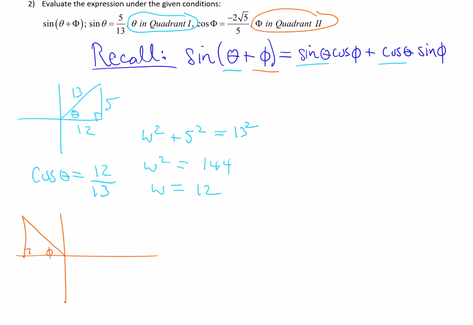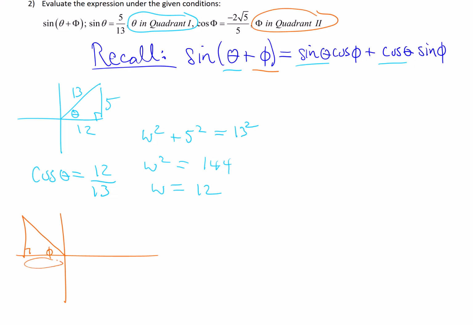Now, what's going on with the negative is a fair question, right? Well, remember, this is in quadrant 2. And so if cosine is adjacent over hypotenuse, then we have an adjacent side to fill in and a hypotenuse side to fill in. But remember, hypotenuse can always be positive because it's just simply a distance. Whereas the legs of a right triangle in a coordinate plane could have signs of positive or negative depending on the direction. And in this case, since we're using a negative value for cosine, we'll leave the hypotenuse positive,